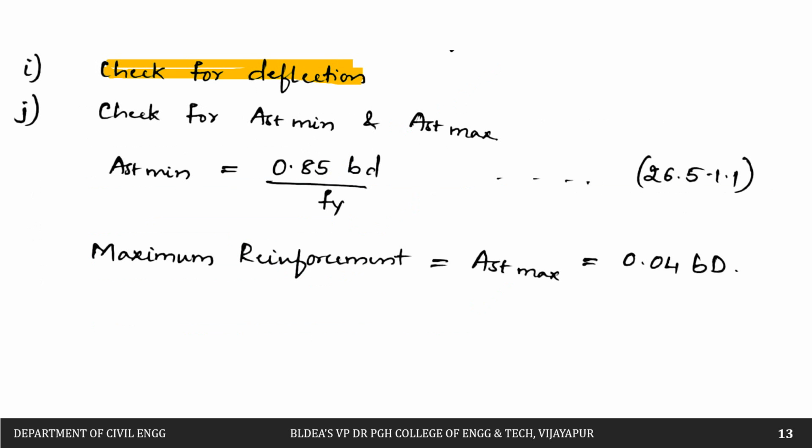After that, we are going to check for the maximum and minimum area of steel that has to be provided in the beam. If the reinforcement required is very much lesser, then also we have to provide the minimum area of steel. So the minimum area of steel will be equal to 0.85 times B into D divided by fy. This is nothing but the minimum area of steel. This is given in the clause